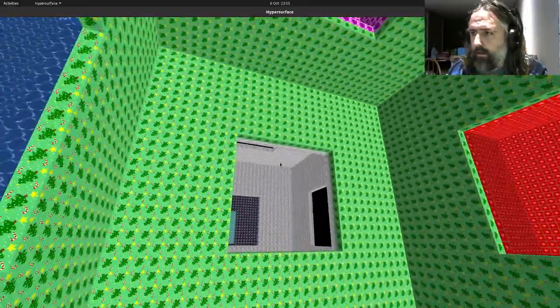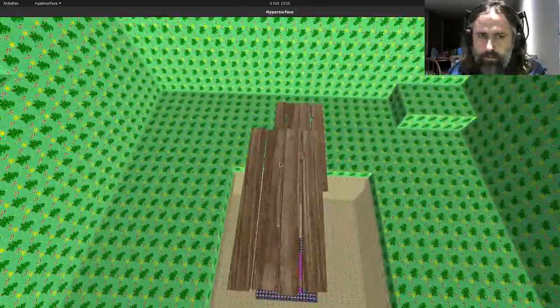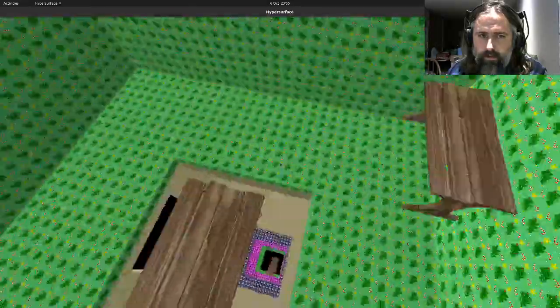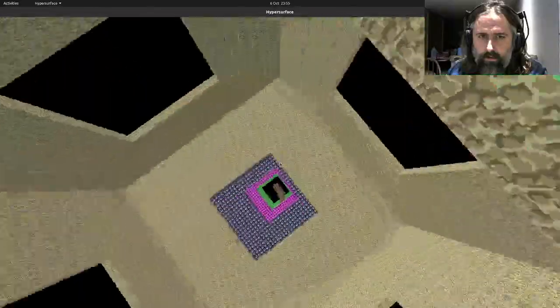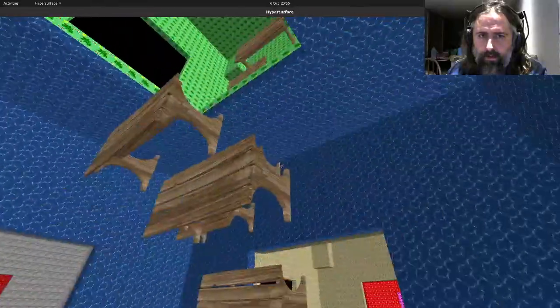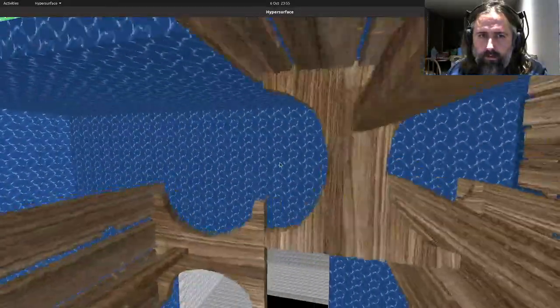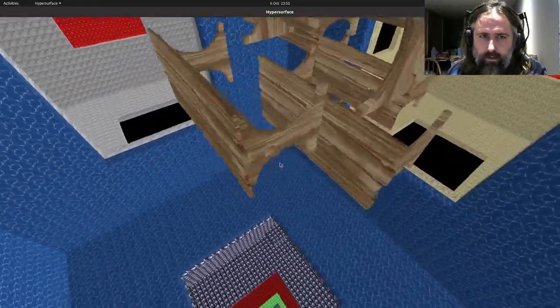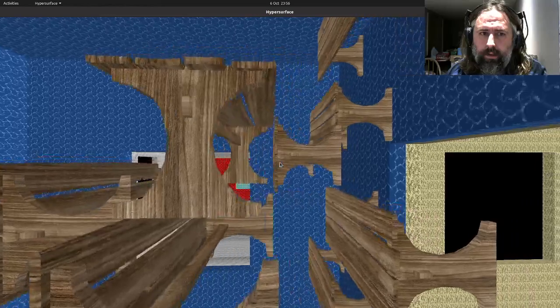So yeah, there's some physics and some tables can bounce around. You can do some weird stuff with physics from different angles, like this. Is this correct? Probably not exactly, but